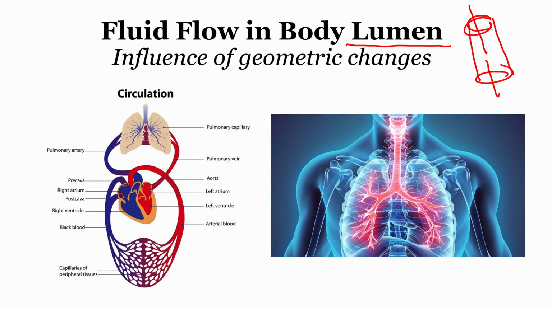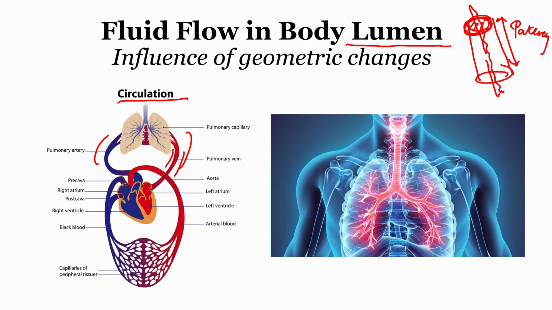So, this would have dimensions, say length, diameter, and the opening of this, that is the cross section area that is open for the fluid to flow through this channel, is called patency. A few terminologies so that as we proceed it becomes easier for you to understand how the derivation goes on. So, here this is the circulatory system, that is through the heart the blood flows through the atrium, aorta, the arteries and the veins, and these are called the lumen or the channels through which the blood flows in.